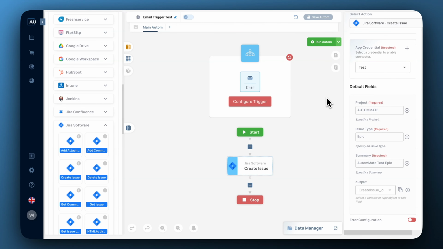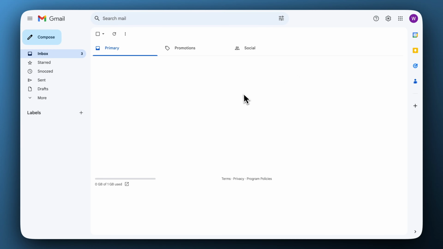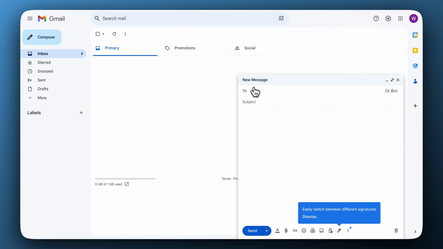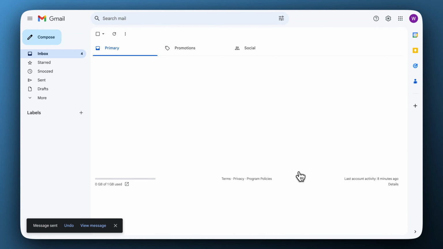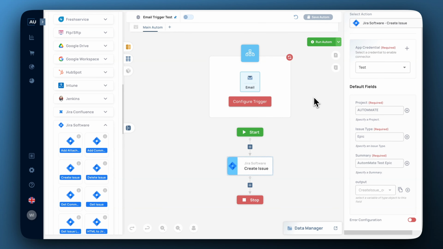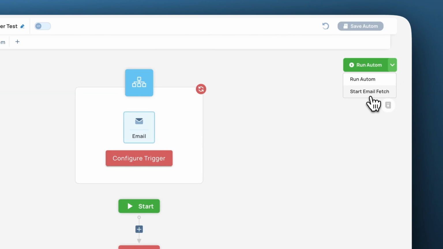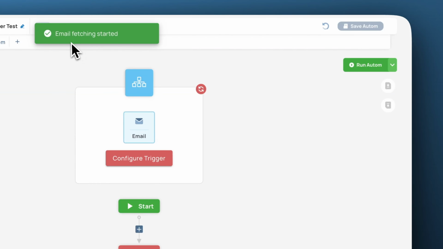Now we can test this by writing an email to our address and seeing if everything works. So I'm going to head over to my Gmail. I'm just going to send an email to this email address. So here's our test email, and I'm just going to click on send. Once you've sent an email to this inbox, being sure to use any specific wording requirements you may have set, then we can click back on our Start Email Fetch button, and if everything's set up correctly, it should work